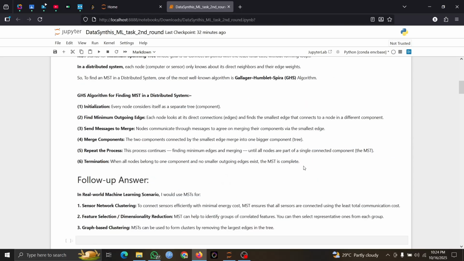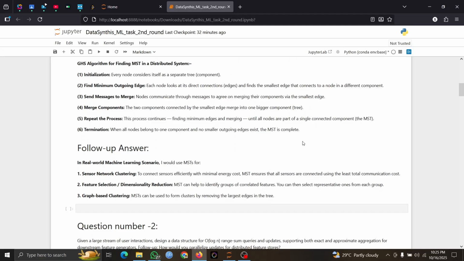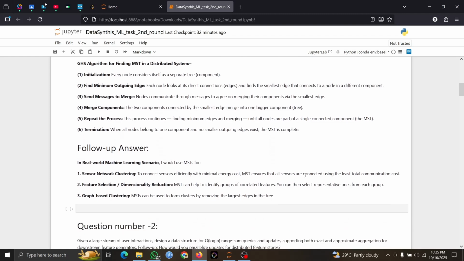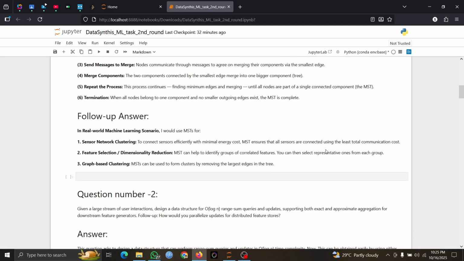Now, in this algorithm, first of all, each node considers itself as a separate tree. Then each node tries to find its minimum outgoing edge. Then the nodes communicate through messages to agree on merging their components through the smallest edge. Then two components connected by the smallest edge merge into one bigger component. This process repeats until all the nodes are part of a single connected component, the single